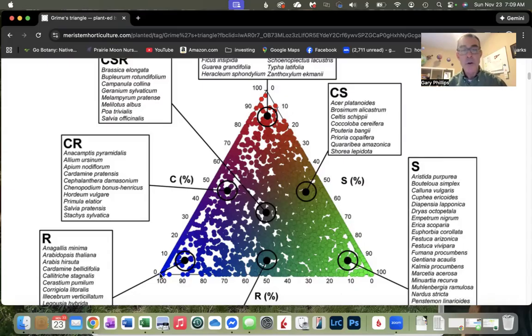Down here, the R corner, those are rudderals, meaning the annuals, biannuals that self-seed, and they need soil disturbance to survive. So along a path, a field that gets plowed, it mixes up that seed bank, and these ones will survive. The problem is I couldn't figure out how to translate this to the work that we're doing